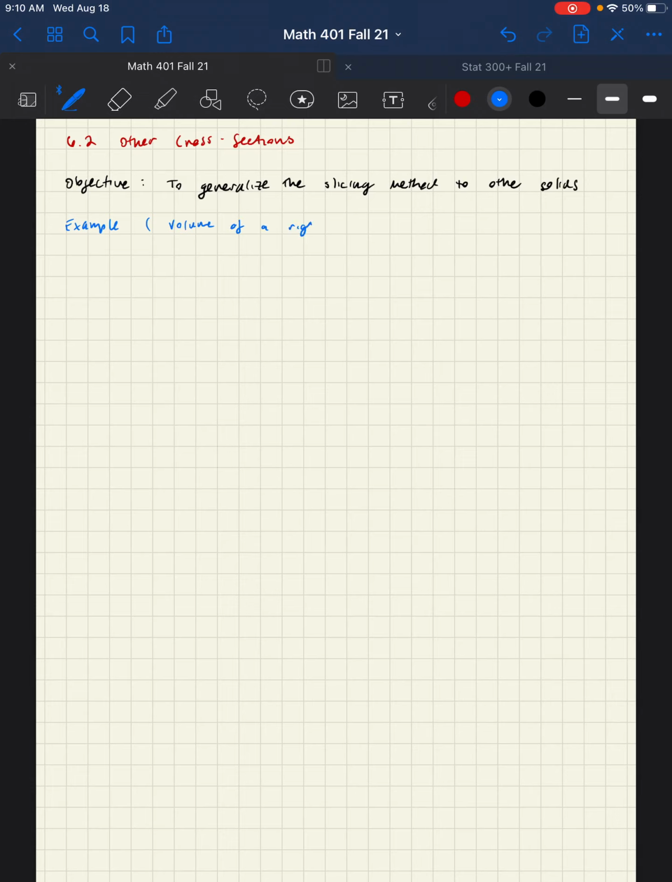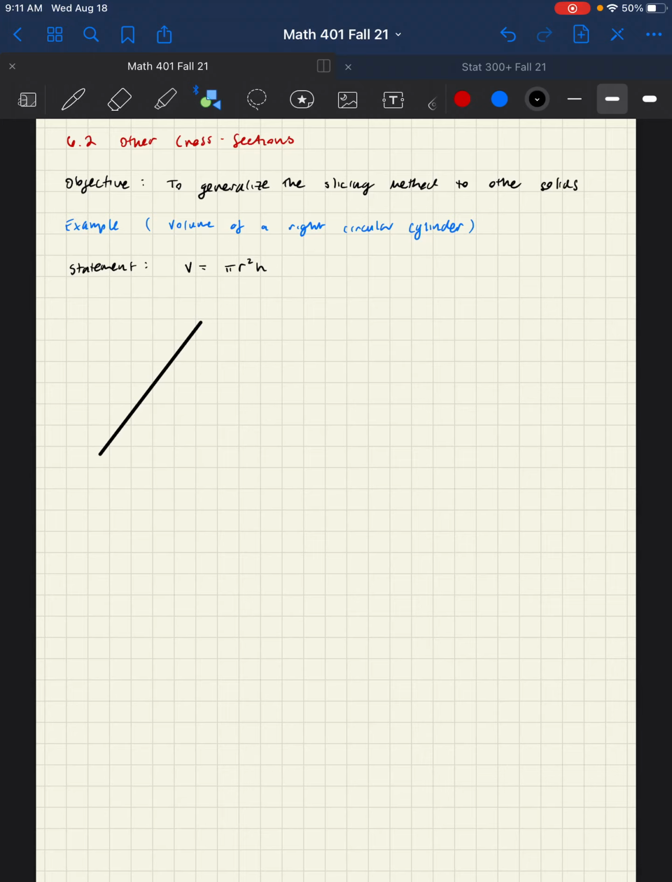So we're going to be looking at the volume of a right circular cylinder. Remember, we've seen this before. So the thing that we want to prove, the statement: the volume of a circular cylinder is pi r squared h, where we understand that r is the radius of